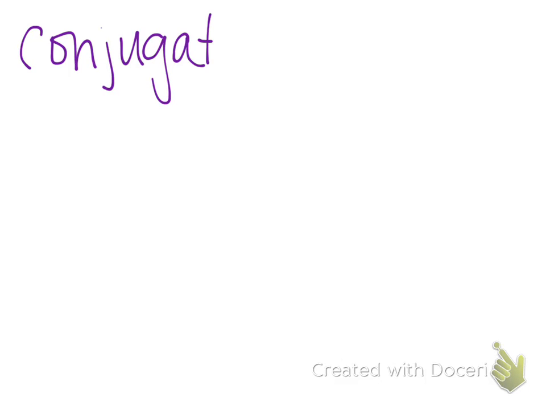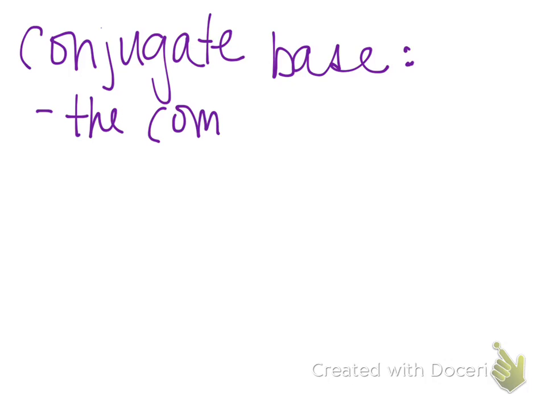All right. So our new terms that we're going to look at is something called a conjugate acid and conjugate base. And I'll start with the conjugate base. A conjugate acid and a conjugate base. So a conjugate base is the compound, or your book calls it a species, the compound that remains